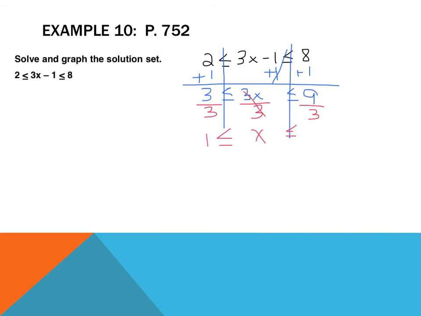And 3 divided by 3 is 1. 9 divided by 3 is 3. So my solution is 1 is less than or equal to x less than or equal to 3, which means the same thing as x is between 1 and 3. So when you graph it,